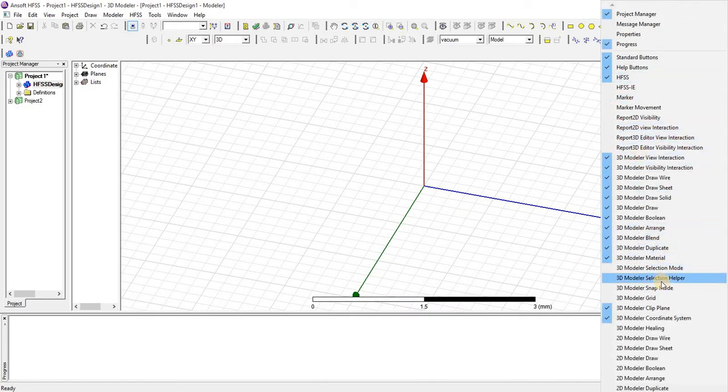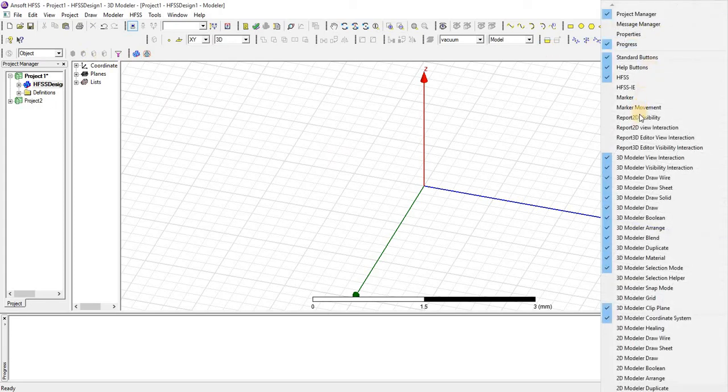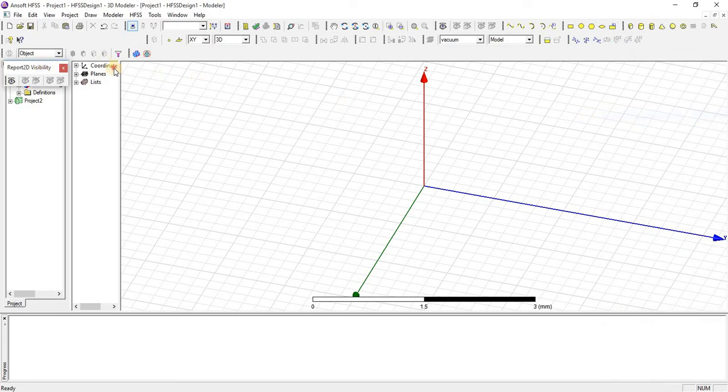For example, I am going to select 3D Modeler Selection Mode. That will come here. Similarly, if I want a report 2D visibility, just click on it, and this is the window. If you want to adjust this window in a toolbar, just double click on it.